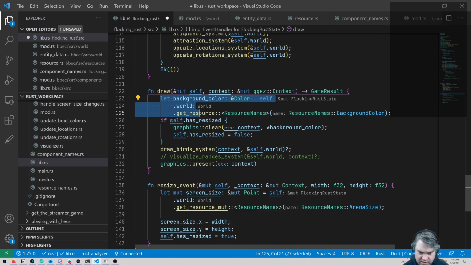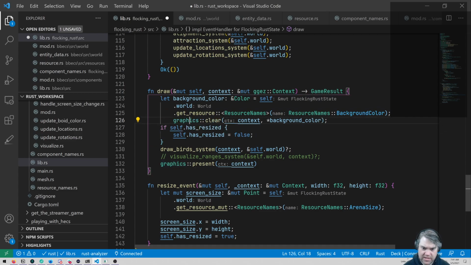Do graphics clear if we've resized. But actually, you know what? I don't think we need to do this anymore. We're going to be graphics clearing no matter what. That goes up there.